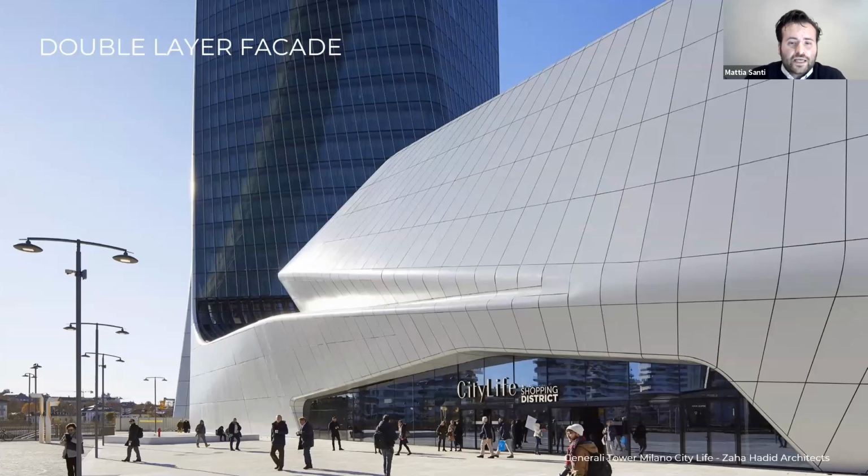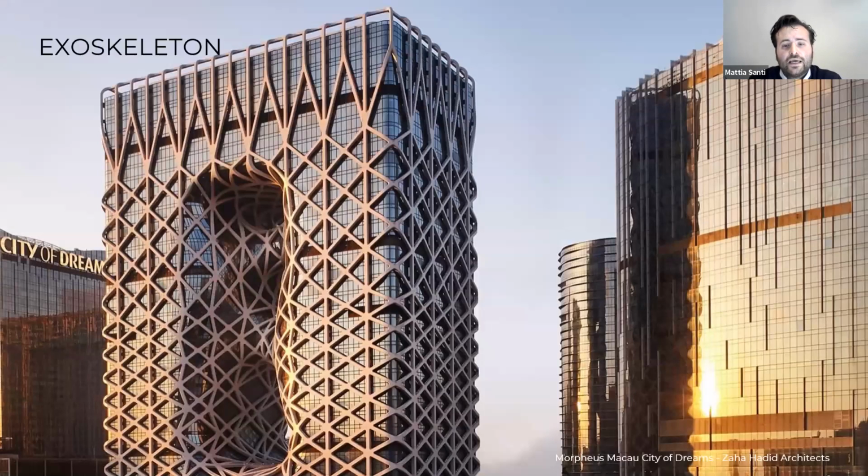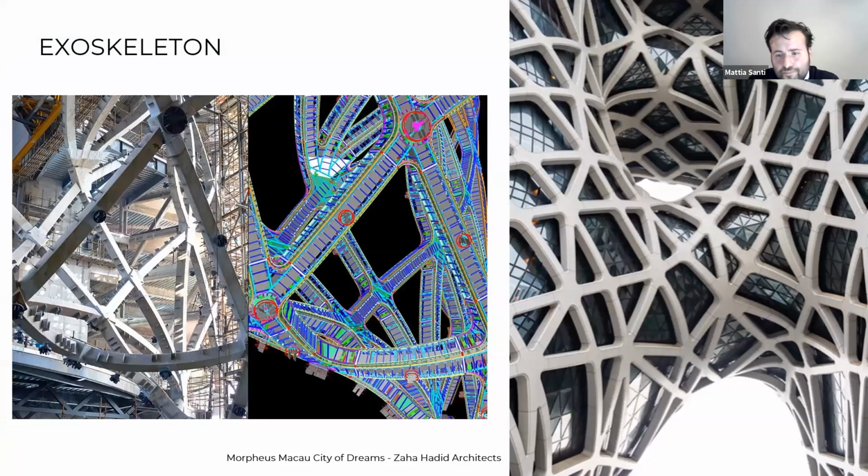Another interesting example that I would like to talk about is the exoskeleton facade. An extraordinary example of this typology is the Morpheus Hotel at the City of Dreams in Macau, designed by Zaha Hadid Architects. The building is characterized by a complex geometry with a wide opening connected by bridges that connect the hotel's interior